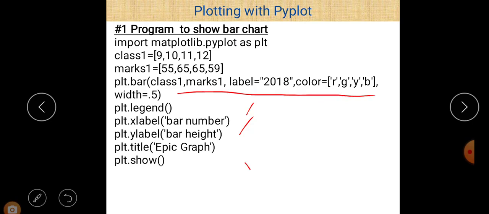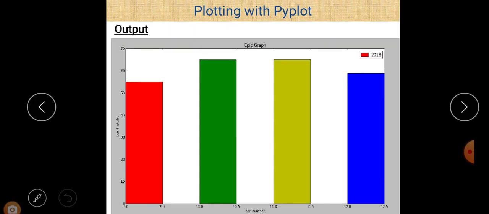So bar is basically a function used to draw a bar chart using the matplotlib library. It belongs to matplotlib.pyplot. So if you want to use the bar function, just write matplotlib.pyplot.bar, or if you give an alternative name to matplotlib.pyplot, then use that alternative name. In this case the alternative name is plt, so just write plt.bar here, and a bar chart will be printed after the execution of that statement. You can see on your screen that it is a bar chart,